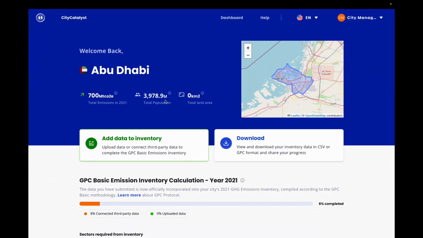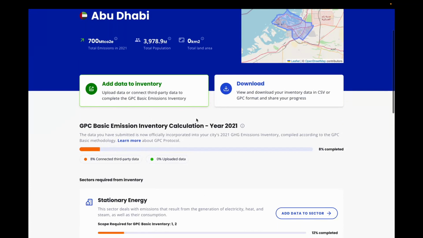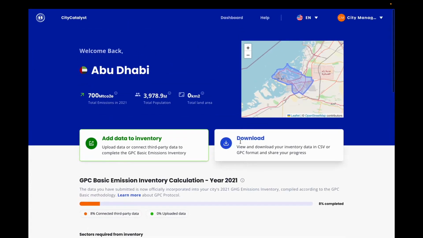Once I've created and filled out the full inventory data, I can then download it and export it for reporting purposes. We support different kinds of downloads. Here I'm going to show downloading a CSV file, which is a standard data file that's used for importing into spreadsheets or importing